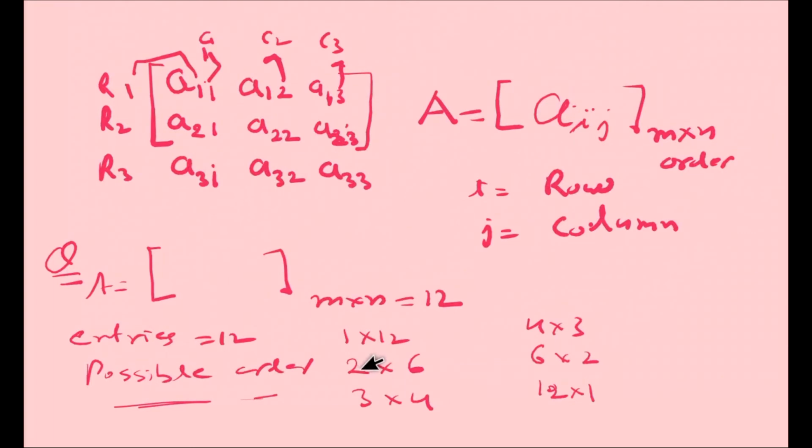For the prime factors, you have to take only 2 factors, not 3 or 4 factors. The first tells the number of rows, the second tells the number of columns. So M equal to 1, N equal to 12. The possible order is 1 into 12. Total numbers are 12. Okay, are you understanding this topic? Let us say some new things for you.